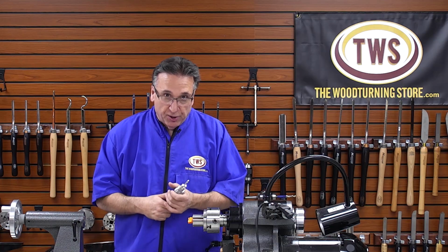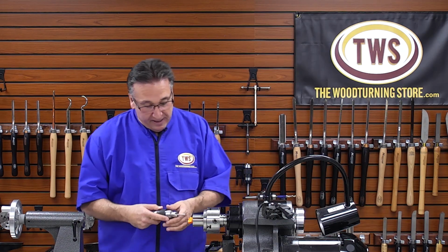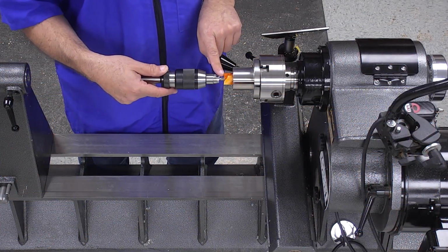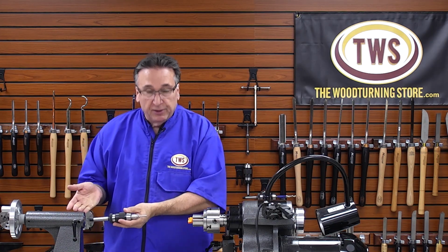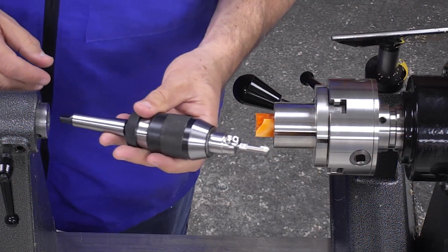And what I came to learn is that the cutter is so sharp that you really don't have the ability to hold it steady in the pilot bore here without getting it to become too grabby. So my recommendation is you absolutely need to use it in your tailstock. So here's how I would set it up. So I'm mounting the drill chuck